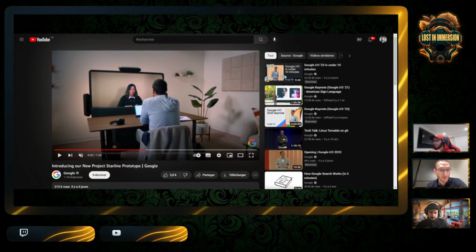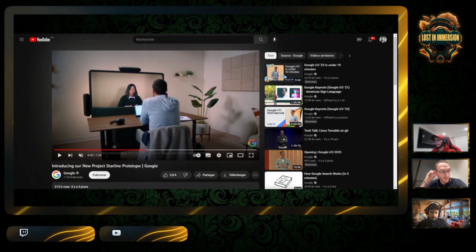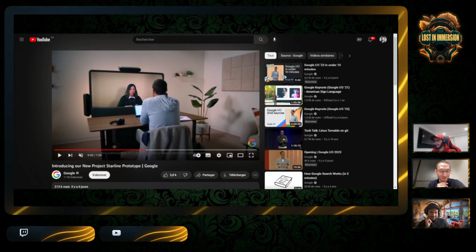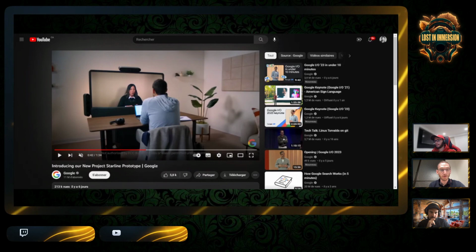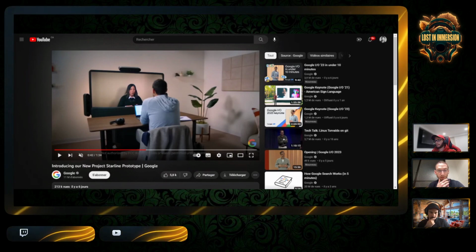So yeah, it looks very nice, and I think maybe it's still in development, and they will continue to improve it if they keep working on it. Google sometimes drops things without warning, but I think presence is very important, and maybe we can imagine in a few years, with the compression algorithm getting better and better, the 3D capture getting better,